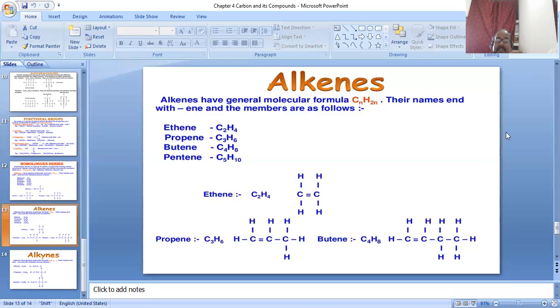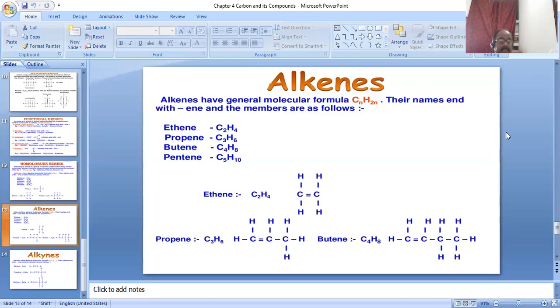Number two, addition reaction. Addition means adding. If a substance is added and makes another type of compound, suppose by adding hydrogen, it converts to the alkane family. Unsaturated hydrocarbon reacts with hydrogen, and after that reaction a saturated hydrocarbon is formed. Same as usual, ethyne reacts with hydrogen, first converts to the alkene family, and after that again adds hydrogen and converts to ethane.